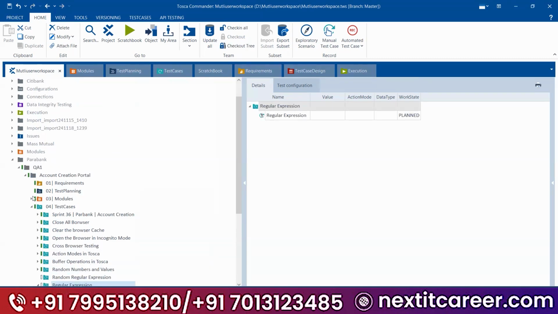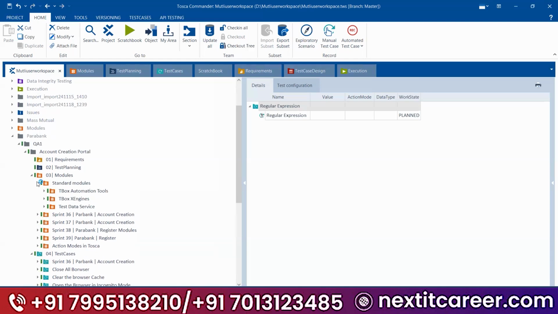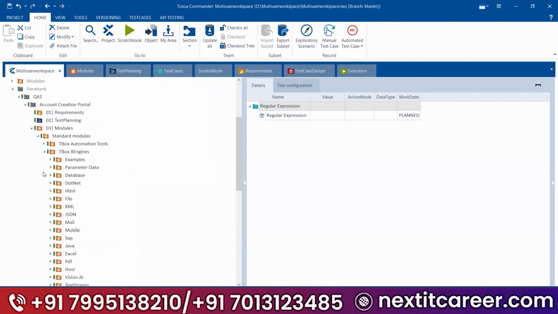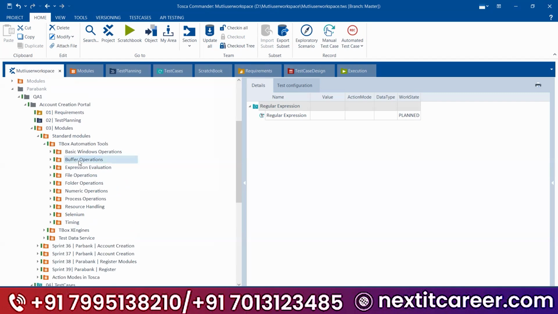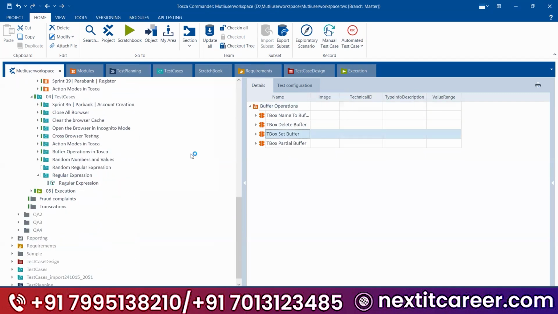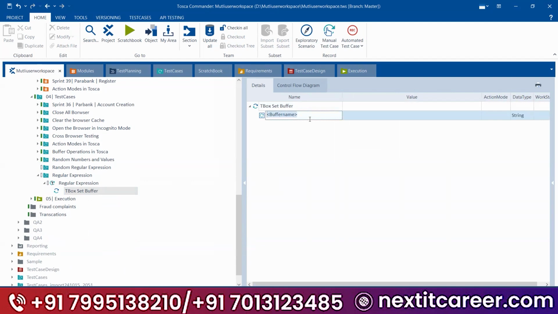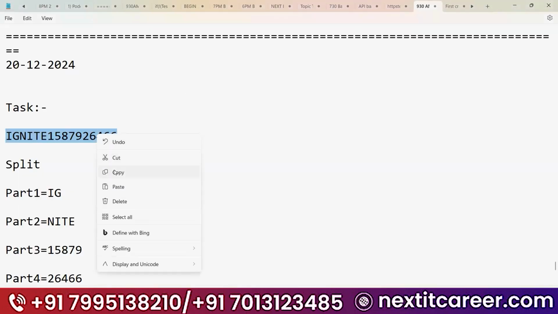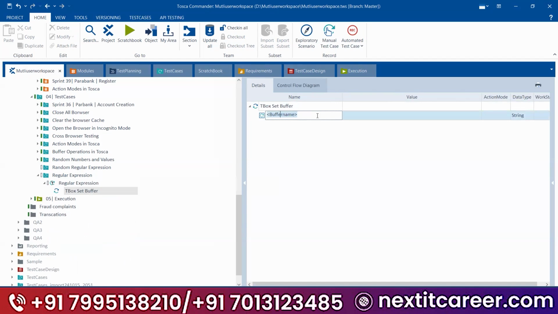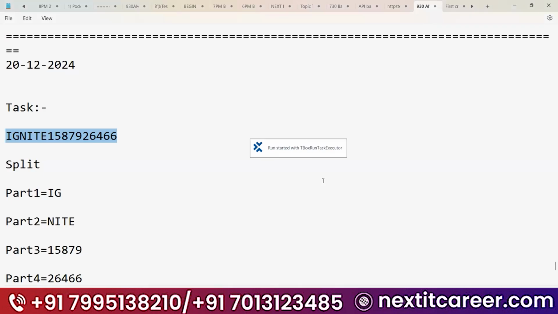If somebody asks you, you can tell them that this buffer is present here. For example, observe this one. We have a buffer, call it regular buffer value. Some buffer I am creating, I'm giving it one name. So this is the buffer. What I will do is run this value. Once we have run it, one buffer will be created.